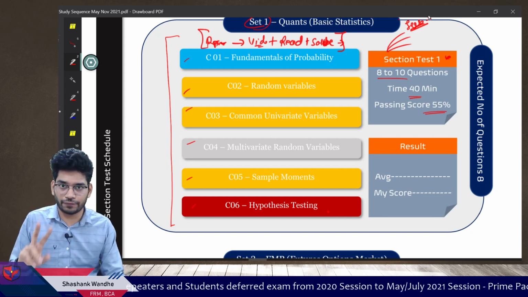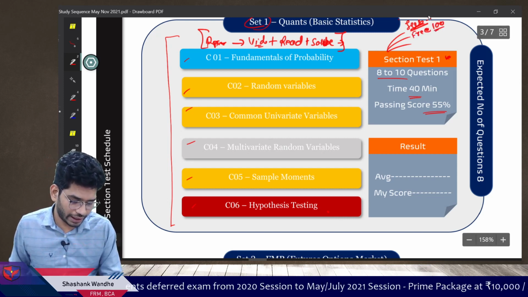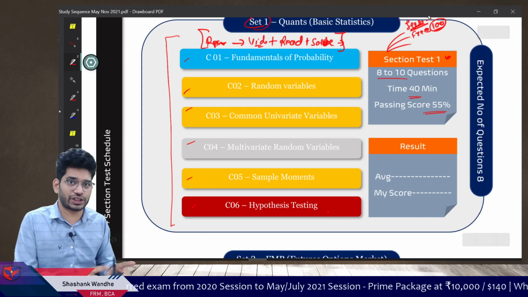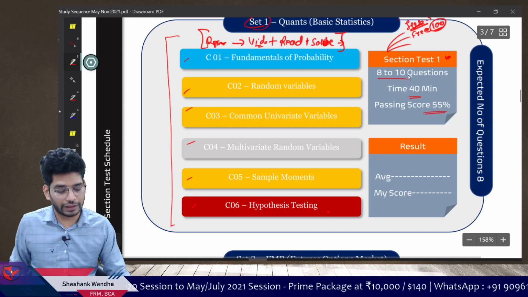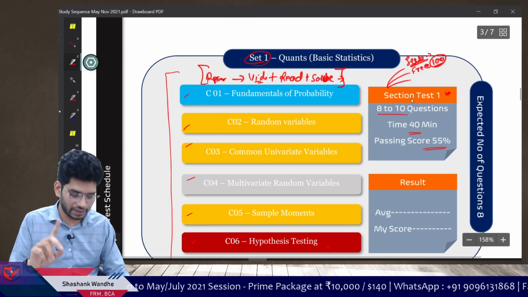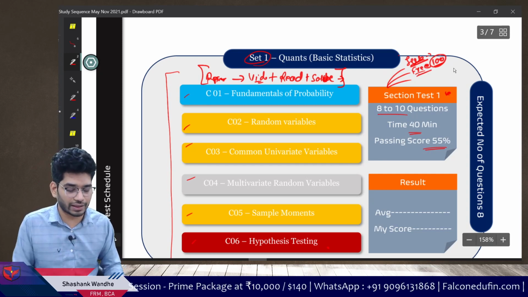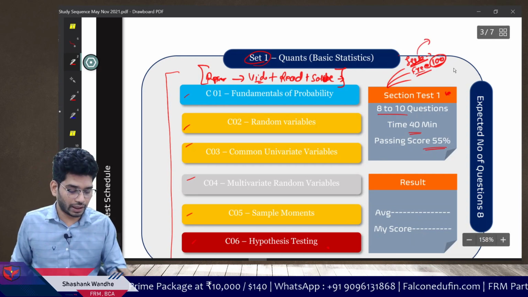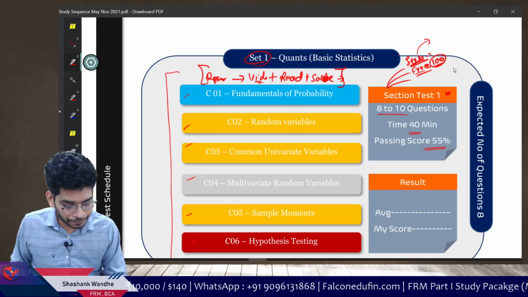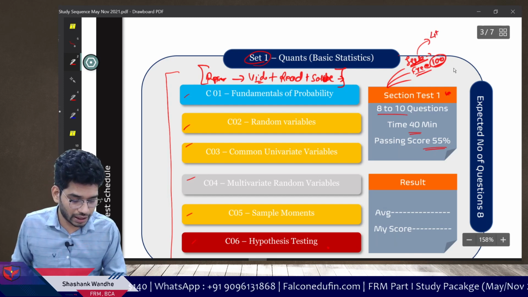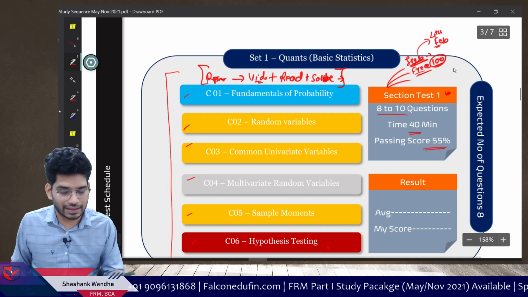Second is the free test. We will provide around 100 free enrollments for the free section test. Both the tests are different. In the subscription test, questions will be different, and in the free test, questions will be different. I'm not sure when we will start this free model, like in Feb or March. We are yet to finalize that. But the subscription test is starting from the 4th Feb. The first test, this is set 1 test, will start from the 4th Feb.